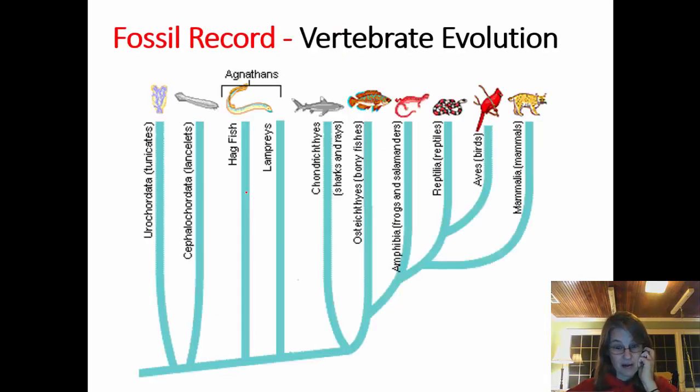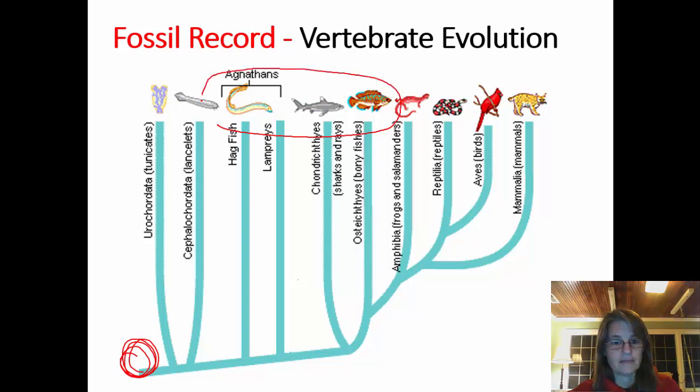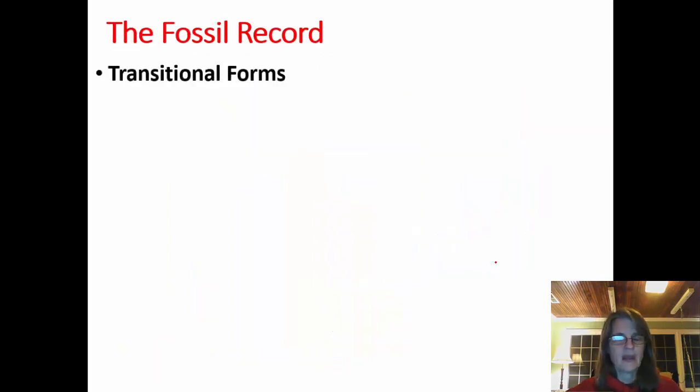So here is a wonderful phylogeny showing a general, if the ancient common ancestor to all vertebrates is somewhere back here, what we see is the fish, the jawless fish, and then the sharks and the bony fish. These guys all arise first. And then after that, we see amphibians. After amphibians, we see reptiles. And after reptiles, we see birds and mammals branching off from the reptile lineage. Okay, so